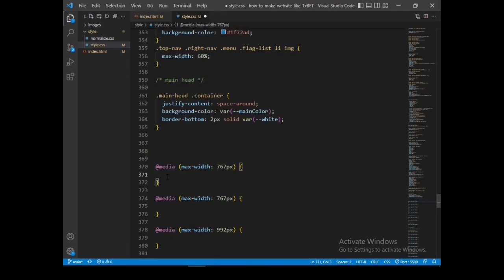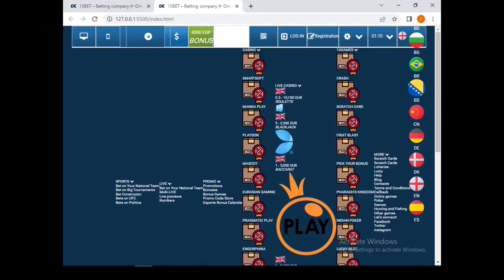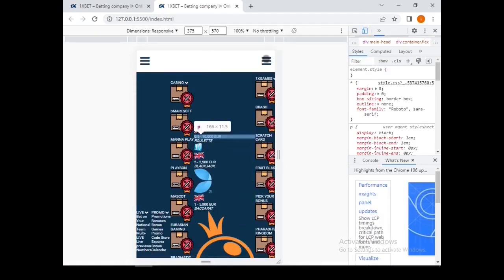We go inside the media query at maximum media screen of 767 pixels. This is for mobile view. Then we set the display to flex, the direction column. Okay, since it's for mobile, we need to view it on